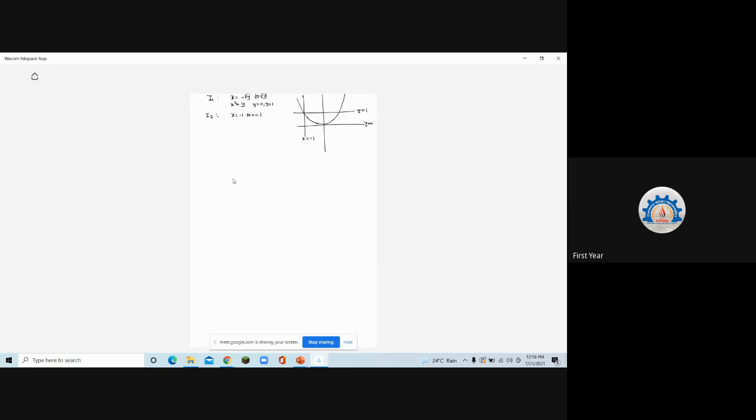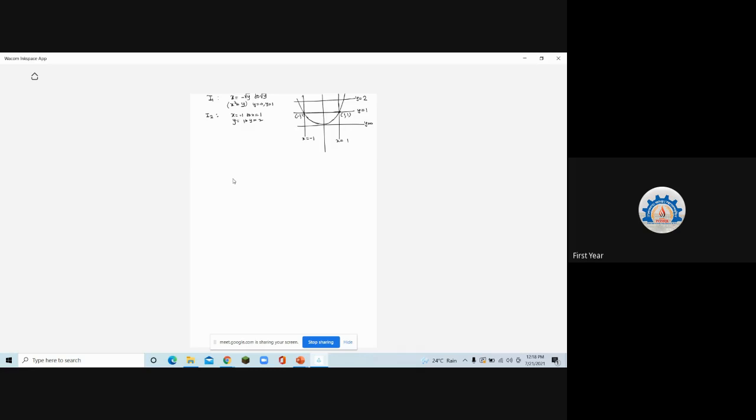What is the intersection of these two? What is this point? Minus 1, 1. When x is equal to minus 1, what will be y? It is the intersection of the parabola and the line, so use x square is equal to y. With x equal to minus 1, x square will be 1, that means y is 1. So your point is minus 1 comma 1. And what about this point? 1 comma 1, because 1 square is 1. And what are the other limits of y? Limits of y are 1 to 2. So y is equal to 1 is this line, and y is equal to 2 will be the line above.